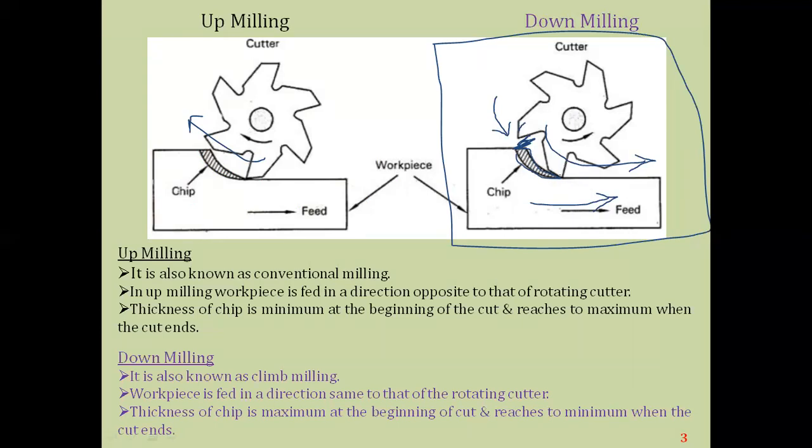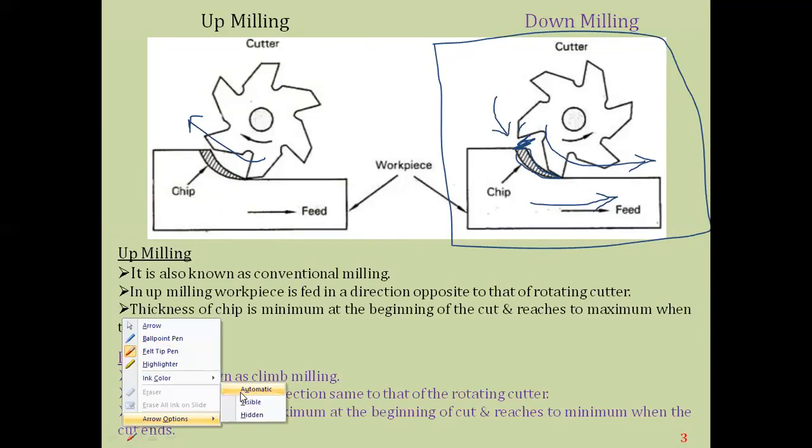Then as the force is applied downwards, if you place the coolant here, it automatically takes away the chips from the surface, as well as keeps the cutting tool at a lower temperature, which means the surface finish can be improved, it can have a better surface finish. And it is especially used for operations such as developing grooves, keyways, or other parts also. This is the brief description of the up milling and down milling process.